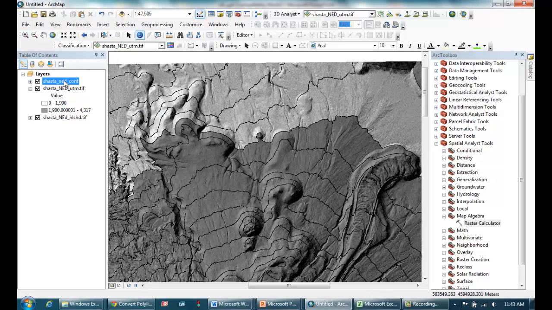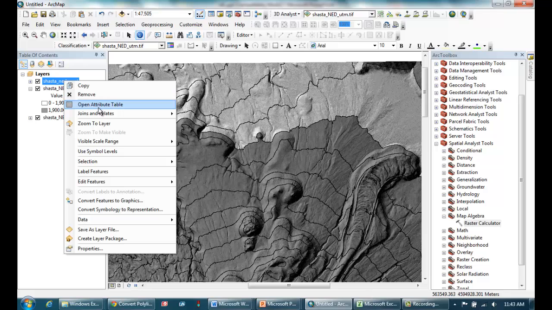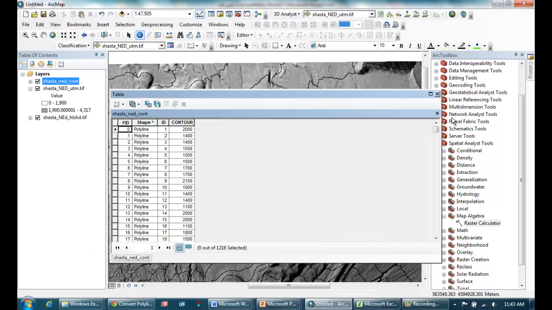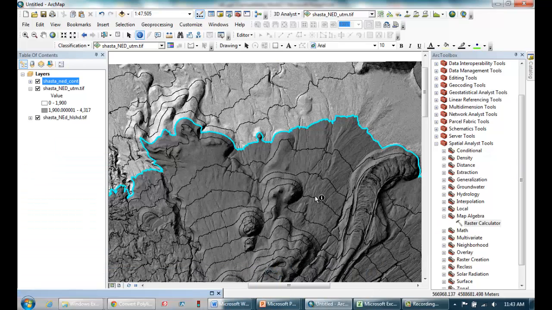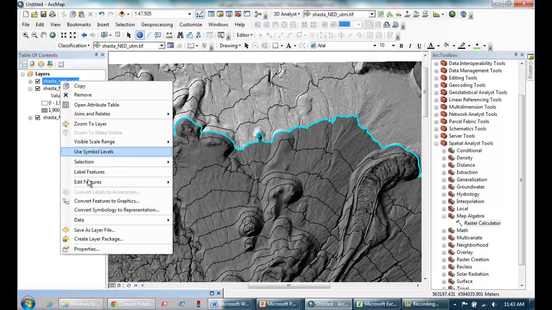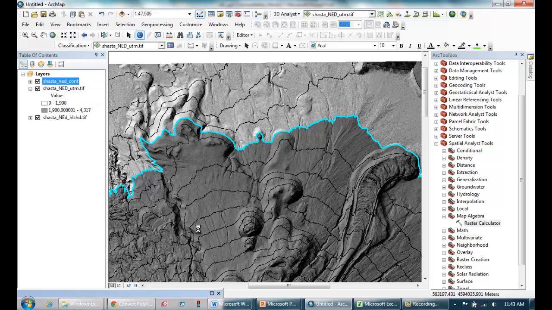Okay, to do this, I'm going to right-click on the contour file, and I made a note of which line it was. It was line number 792. That's it. It's got a 1900 elevation, and I'm going to highlight that so it's selected. Then I'm going to right-click again on the shapefile, go to Data, Export Data,